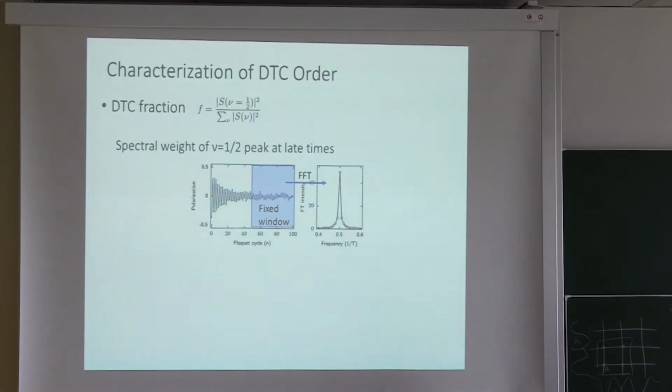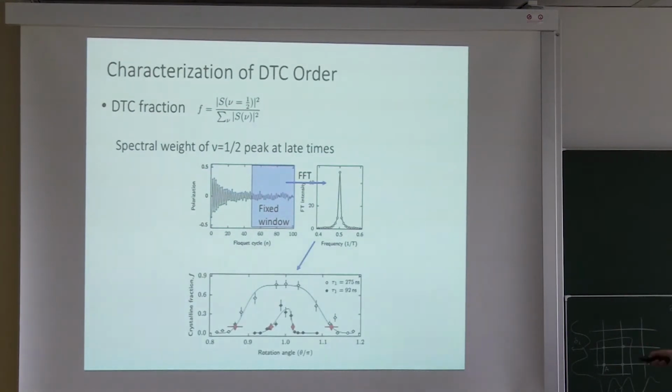Okay. To better characterize this DTC order, we define a so-called DTC fraction, which is the spectral weight of the subharmonic peak in the Fourier spectrum. We choose to take the Fourier transform only after driving the system for a lot of these floppy cycles, where such initial transients have decayed away. Then we can plot this crystalline fraction as a function of rotation angle,